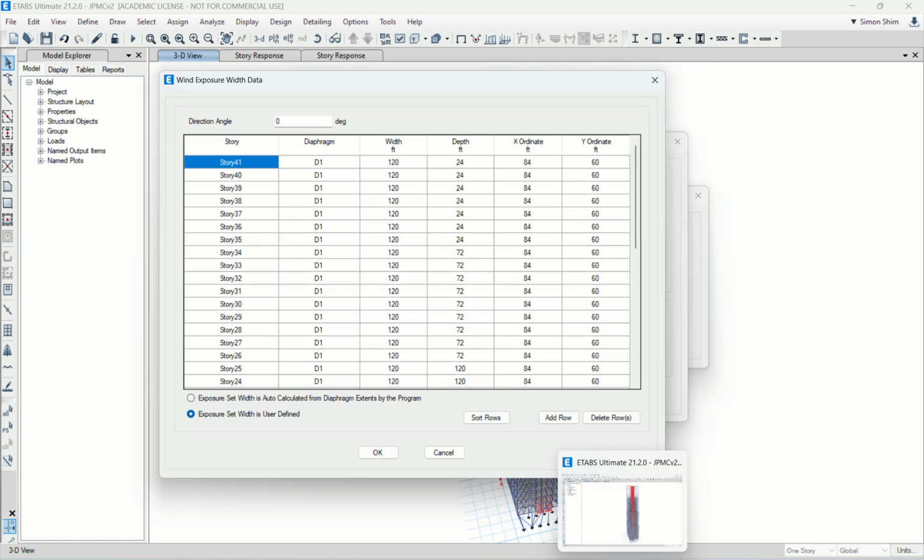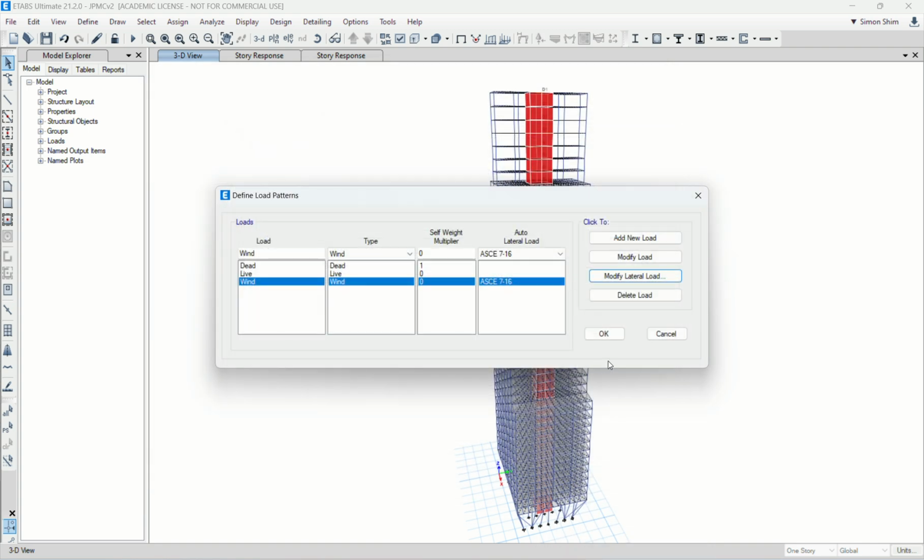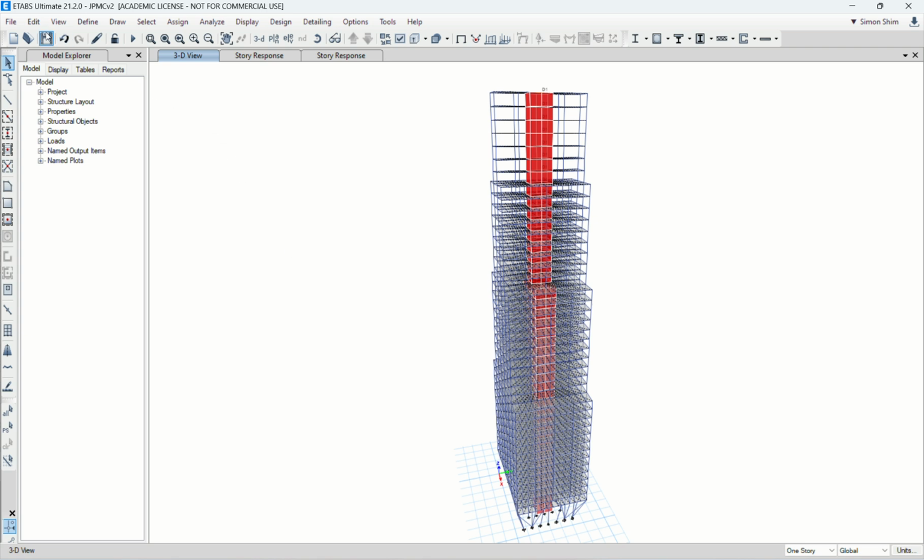So based upon once I define the rigid diaphragm, right? I select basically all the nodes on each floor. Based upon this diaphragm, it calculates the building width and depth along the height, right? So ETABS is smart, once you define clearly, it calculates what is the building width and depth. So when it calculates the wind load in X direction, Y direction, it uses this building information. Okay, I think that's